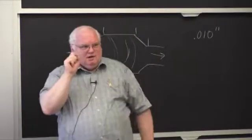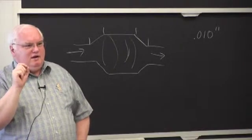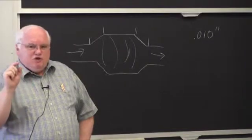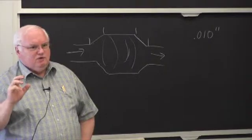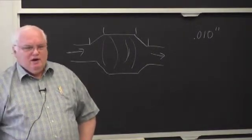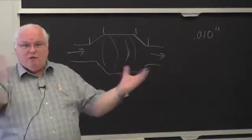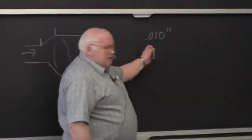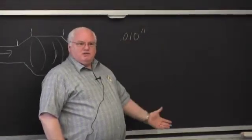Okay, that's about 4 human hairs. Okay? Now, where did they get that spec? Because if you take an X-ray and you use a 5 times magnifying glass, which is what most specs will not allow you to exceed when looking at an X-ray, because if you go to 20 times, you can find the whole Rocky Mountain range in an X-ray, okay? If you go to a high enough magnification. Someone found that was the smallest flaw they could find, and that's how they decided in their specification at Boeing